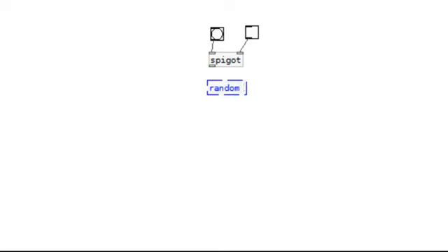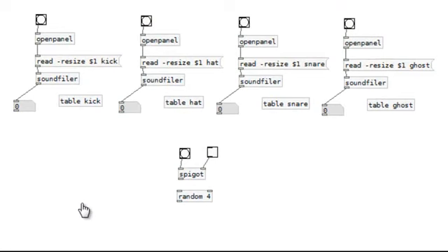We have 4 samples, so we want it to output as high as a 4. Now, in pure data, 0 is a number. In fact, in life, 0 is kind of a number, I guess. I don't know. Is the jury still out on that? So this will be like 0, 1, 2, 3. Now in pure data, that's 4 numbers. So we want to type in 4. I'm gonna put that in there,